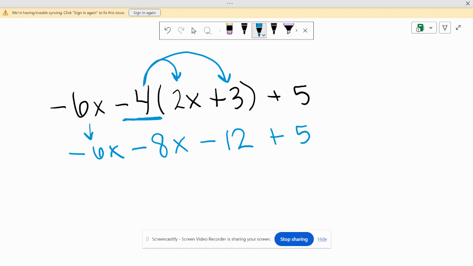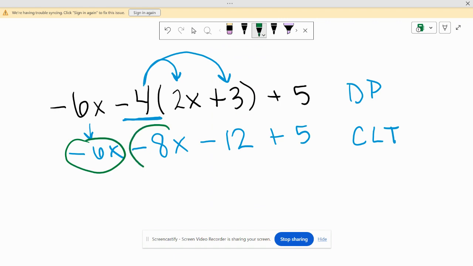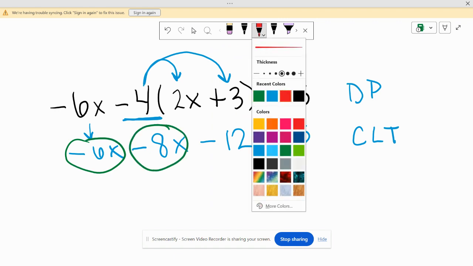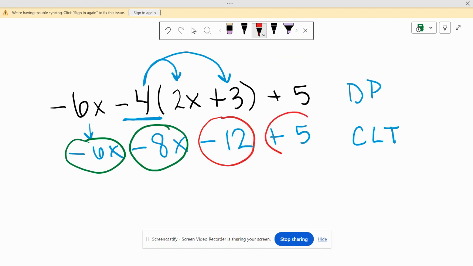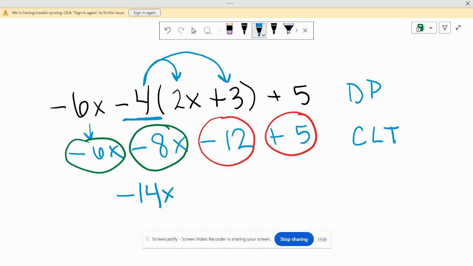So I'm going to be looking for my like terms. This was the distributive property. I'll put DP for distributive property. And this is going to be combine like terms, CLT, combine like terms. Okay, so let me see what my like terms are here. I'll use different colors to show them. I have a negative 6x, negative 8x that I could put together. And I also have a negative 12 and a positive 5. So when I put those terms together, negative 6 plus negative 8, that's negative 14x. Negative 12 and positive 5 is negative 7. So my simplified